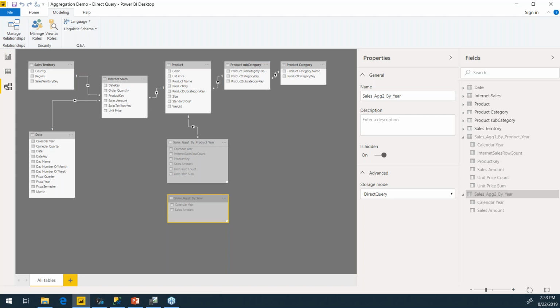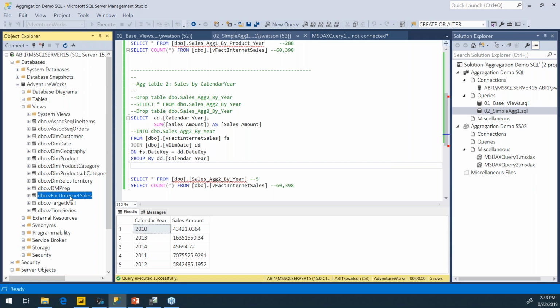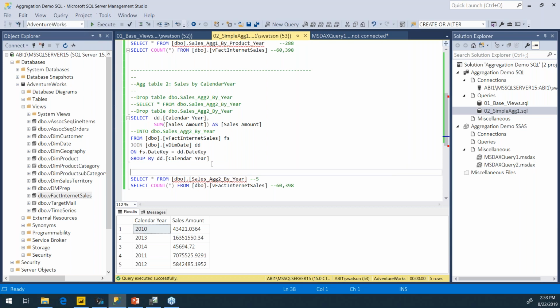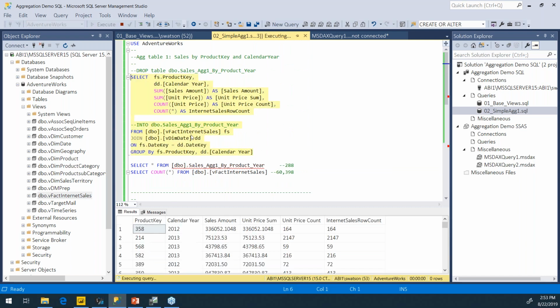Back to basics. How to create an aggregation table? Okay, so let me go back and I'll show you. I'm working off of this Adventure Works database, and I have my fact internet sales. This is just a view on top of my table. In this case, I've just run a simple query and populated a table with it, so it's an actual table in my SQL Server database. It can be a view. It does not have to be a table. It can be a view. It can be a table.